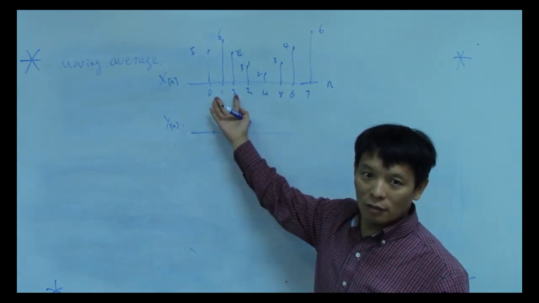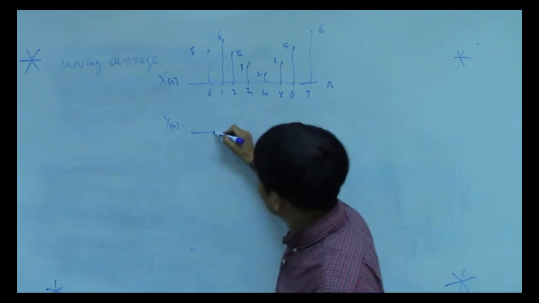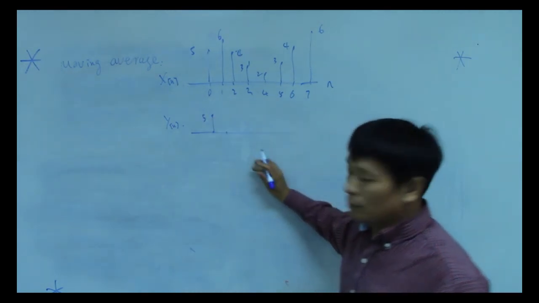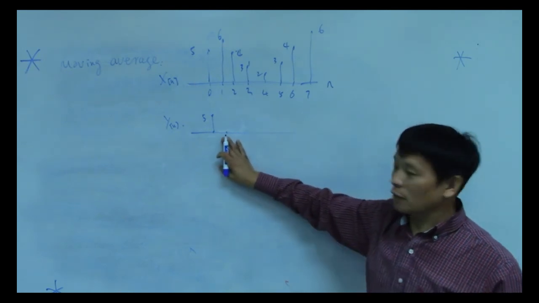4, 6, 5. So 15 divided by 3 equals 5. So this one will be equal to 5. The next one here, the output of this equals